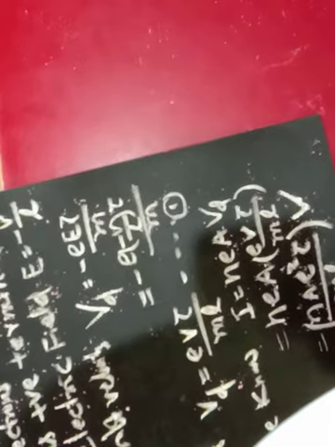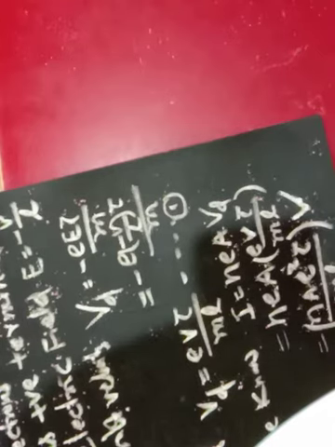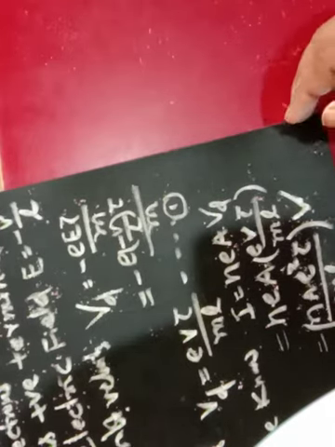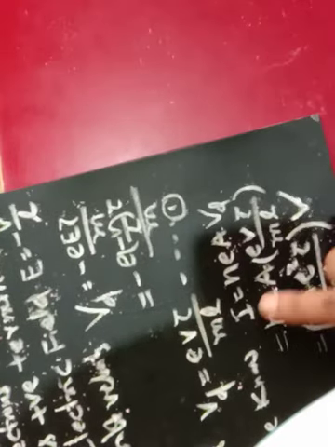Just separate the V here now and what are you getting? N A e square relaxation time upon mL, bracket closed, and on the outer side I am keeping V, and that is I equal to N A e square relaxation time upon mL bracketed V. So what is V by I? What is V upon I? So if you find V upon I is equal to, how much? What is V upon I?